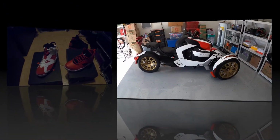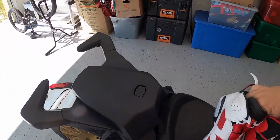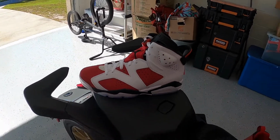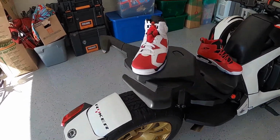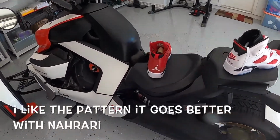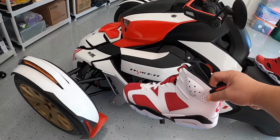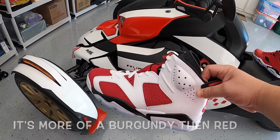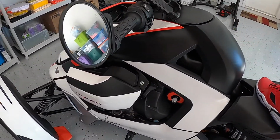All right, so we're here with Narari now in the garage, and these are the sneakers here. Now that you can see them in the daylight. Not sure. I like the way this looks too, because I got the white and the red, that doesn't look bad. Just the red is not as red, but the combination of the white and the red looks good. Versus